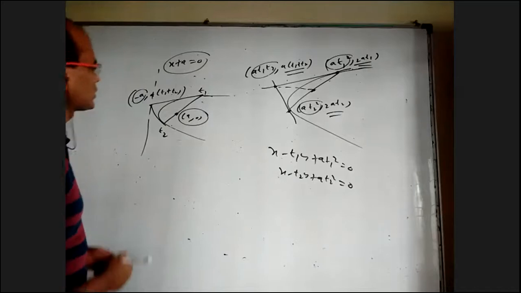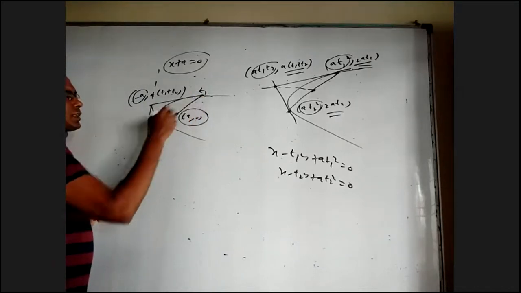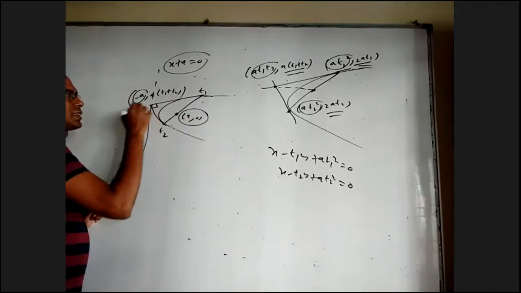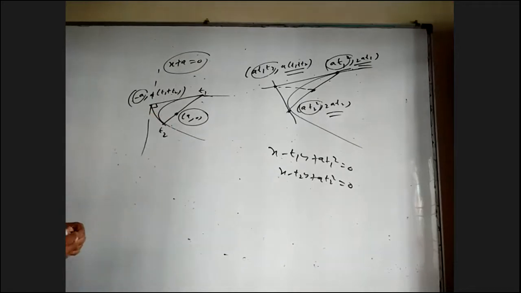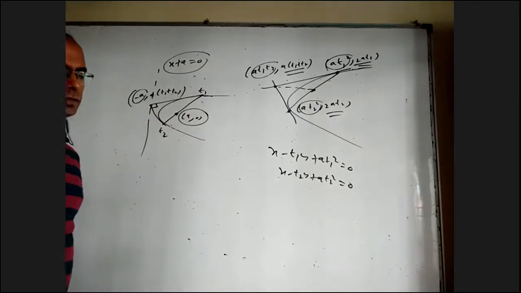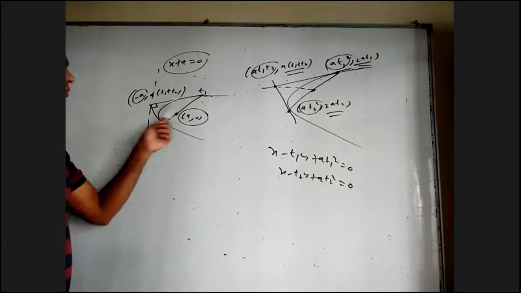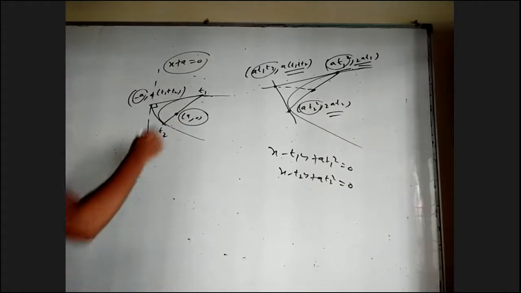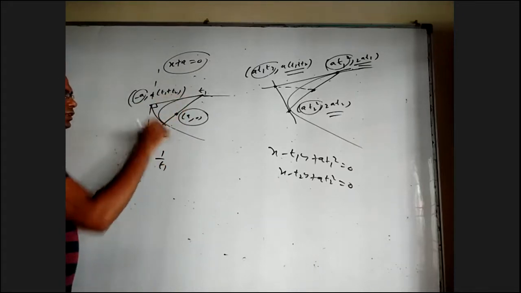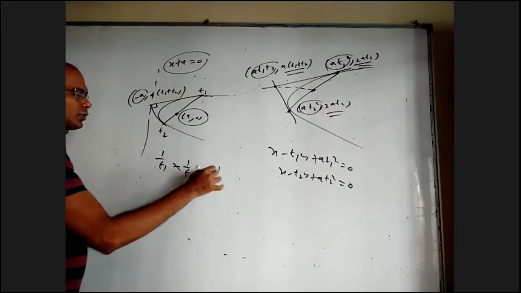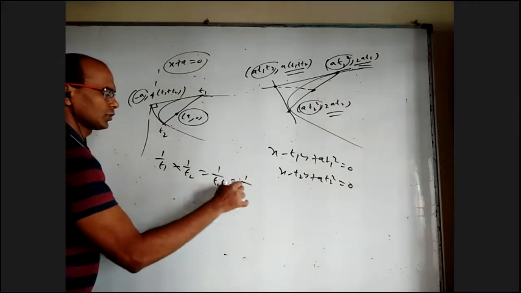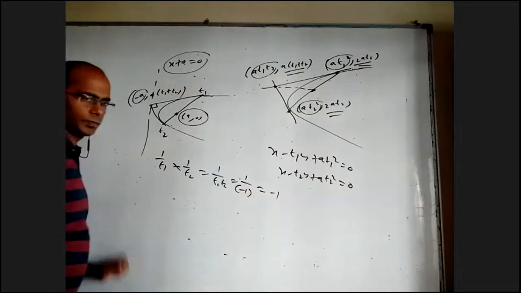And it is not just that when you draw tangents here, they intersect here. This angle is 90. The two tangents are perpendicular. You take any focal chord, the tangents at the ends of the focal chord are perpendicular. Why? This slope of the tangent is 1 by t1. This slope of the tangent is 1 by t2. You'll get 1 by t1 t2. t1 t2 is minus 1. So you'll get minus 1.